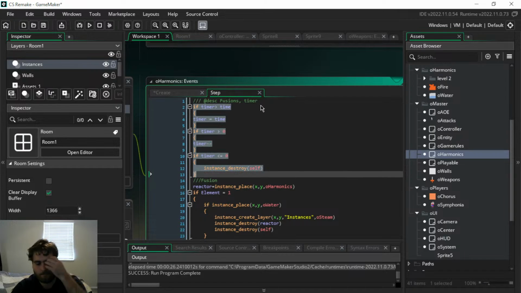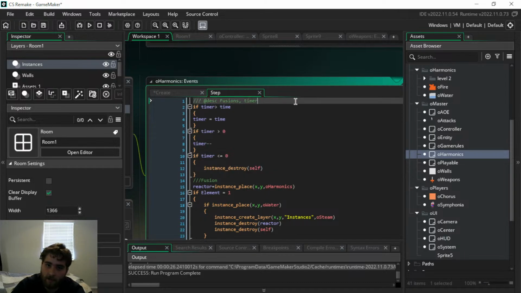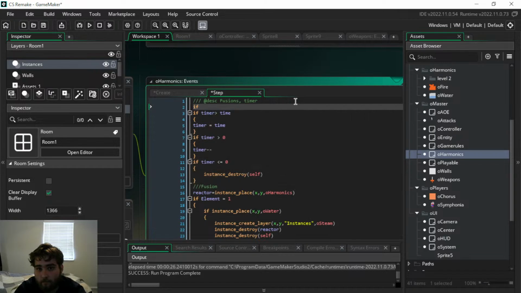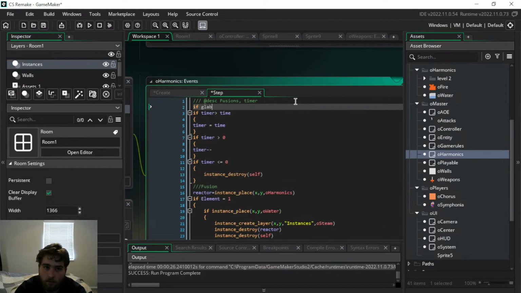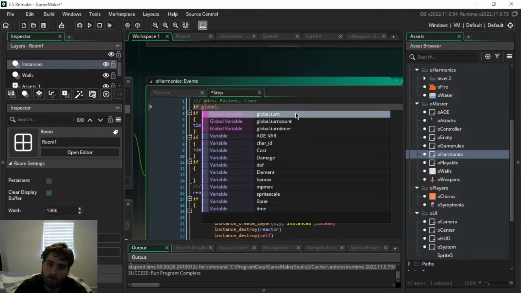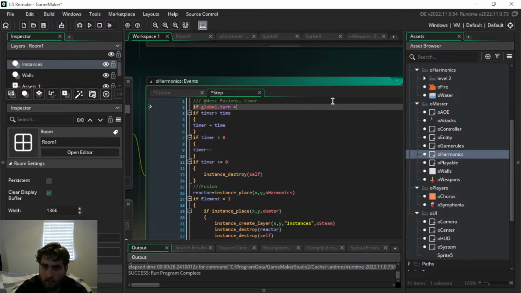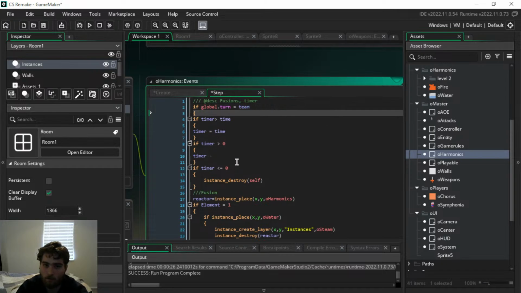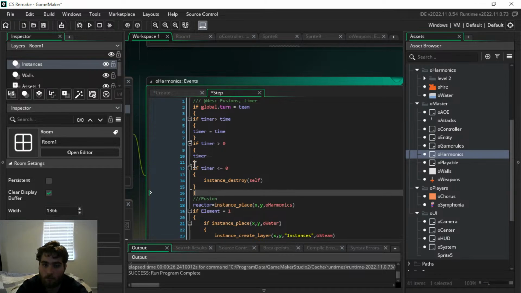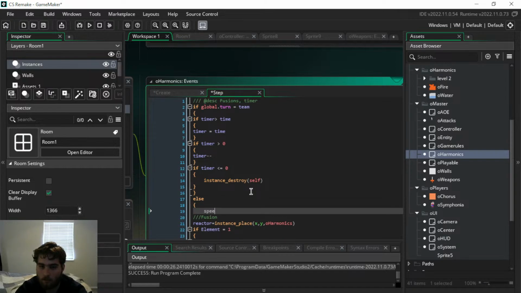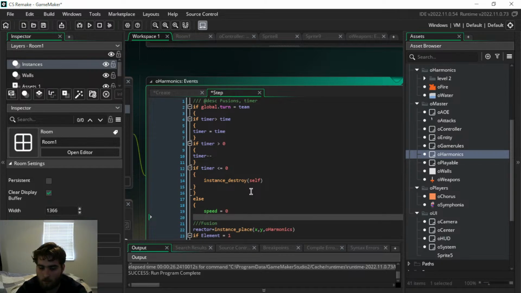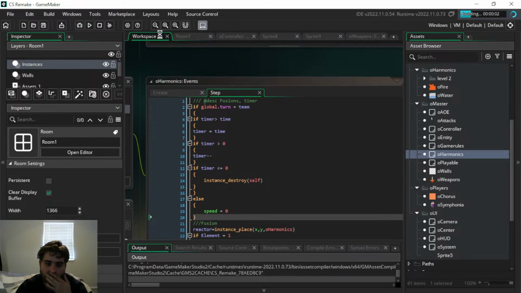So for timer, what we're going to do is add one massive one to this. If global dot turn equals team, and then else speed. Watch. So now